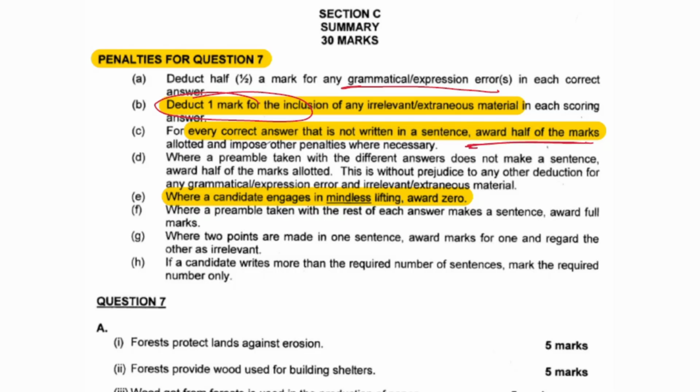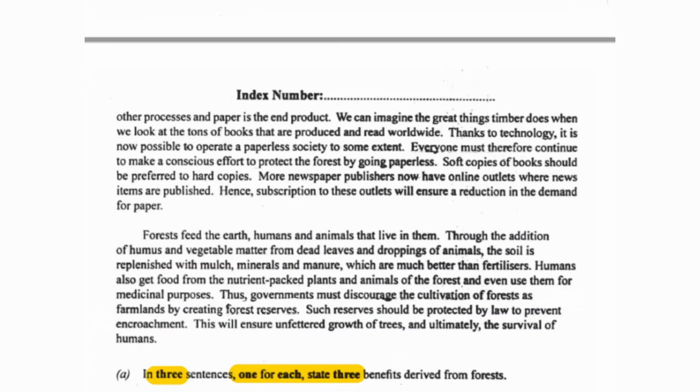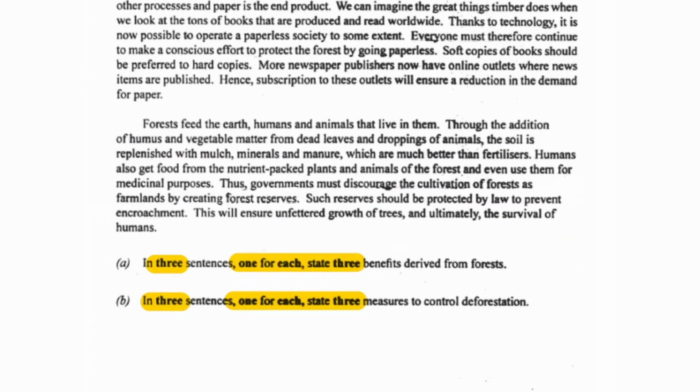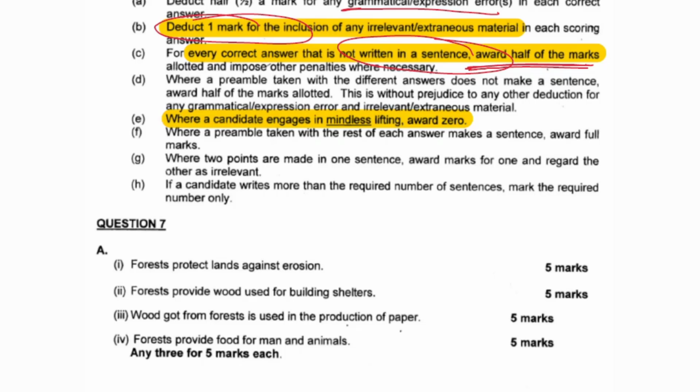So make it a point of duty that even as you are writing your answer, you must ensure that it makes a sentence. Okay, if you are to check it out, you have to check out those questions. Look at the formatting which they ask. They say in 3 sentences, 1 for each, state 3 benefits derived from forest. Okay, so this is a composition about forest, and this is what you are being asked, that in 3 sentences. So when you are answering, you must also answer by giving a whole sentence, okay? A sentence that has its subject, its object, its verb,